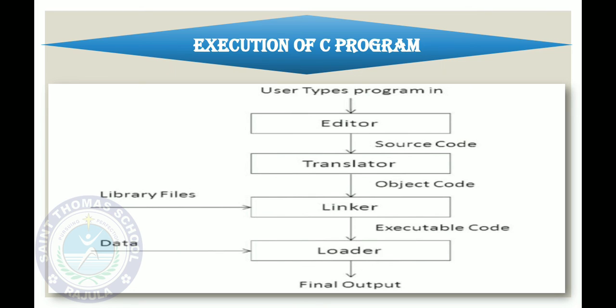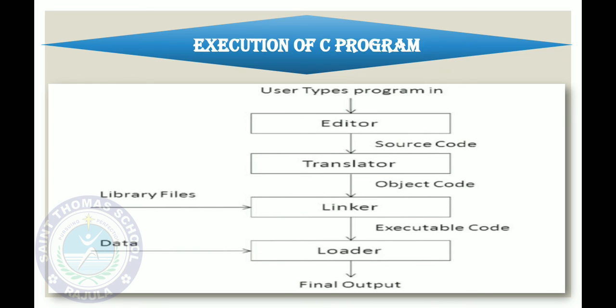Okay, now the translator will come, the compiler. So the compiler will translate our C language code into machine understandable code. Then our source code will become the object code. Okay, then the linker will come. So we have used the header files. The linker will link our program, join our program to those header files that we have included in our program, the library files. So once our program is linked with the library files, that will become the executable code.